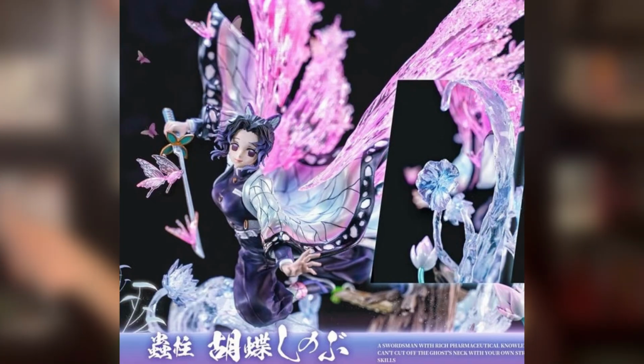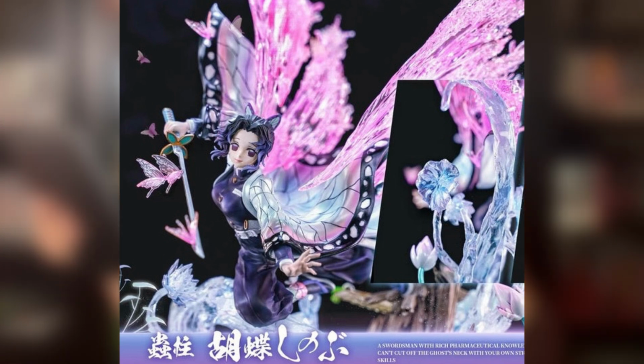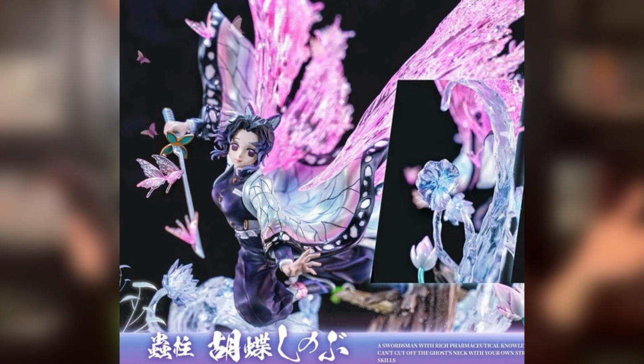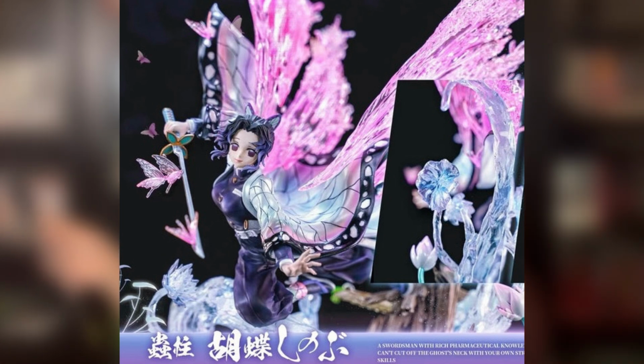And then continuing with Demon Slayer, the second statue that I have on pre-order for Demon Slayer is Shinobu by Fantasy Studio. So I know a lot of people love Shinobu. A lot of people prefer her over Mitsuri. For me, I like Mitsuri better. I don't know, I just like the colors, like her personality better, but I won't lie, this statue is a